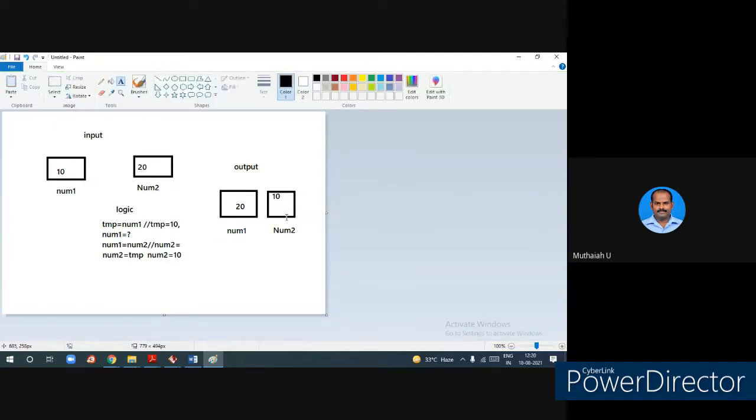Try to understand the process involved here. First, you get the inputs. Next, you find the exact logic. Not only this problem, there are many problems like this: factorial numbers, finding even numbers, prime numbers, Armstrong numbers, or any data structure, array, addition of matrices, multiplication of matrices. Whatever program you take, you have to follow this procedure. That is why it is procedure-oriented programming. Procedure-oriented programming means you have to follow the procedure.